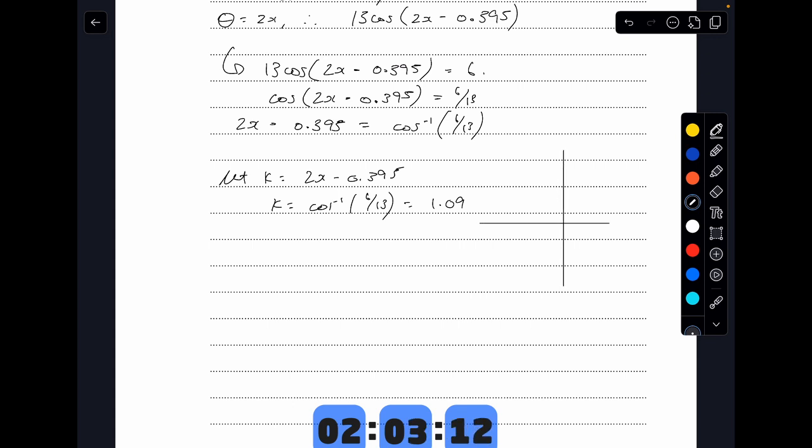Okay. I'm in between these. Okay. So therefore 2 pi minus k, that's going to be the other one. Okay, so therefore we've got k equaling 5.19 as well. So therefore 2x minus 0.395 is going to equal